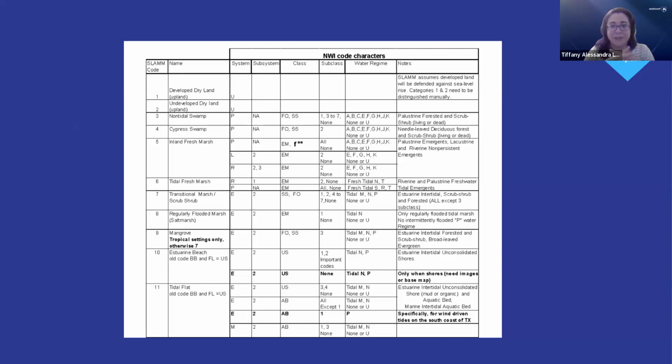They correlated to a single or a double-digit number rather than the set of letters and numbers that comes with NWI data. And then I used these new numbers in Pro in their own attribute line. And then I used that to convert from the polygon to a raster